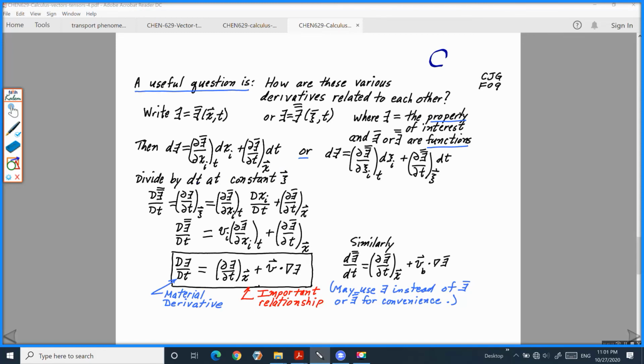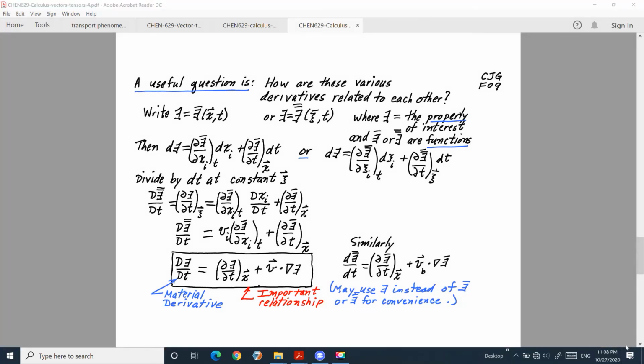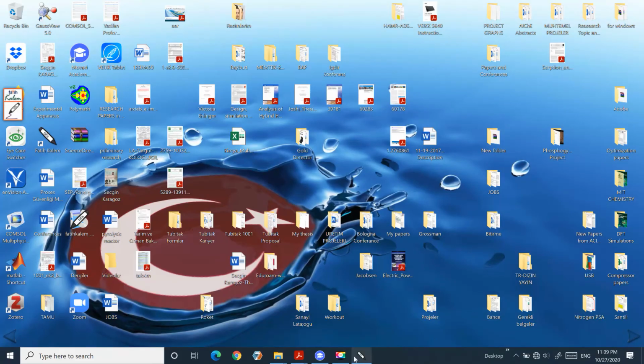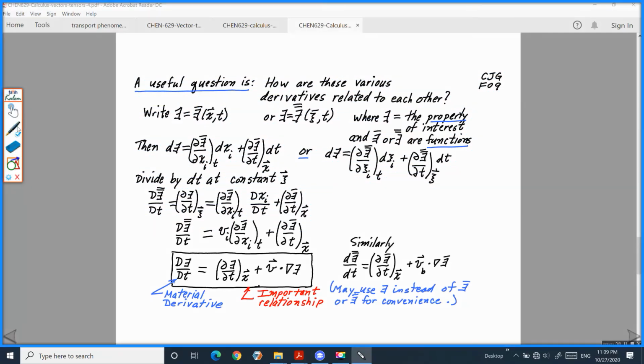So if you divide every side by dt at the constant starting coordinates, if you continue here, take this equation, let's say dE equals E divided by dt at the constant,